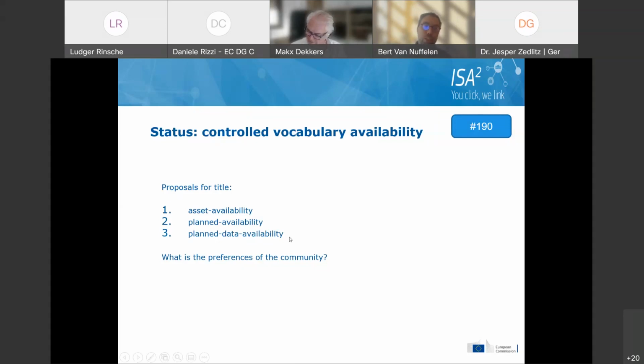Okay, just as a consequence of it, if we have, as community, if you say, I would like to have a new value for it, then there are 2 ways to have it. Either you directly contact the publications office on that code list, and then they might come back to us as community, saying there's a proposal to extend it, so that we are aware of it, that the community doesn't get